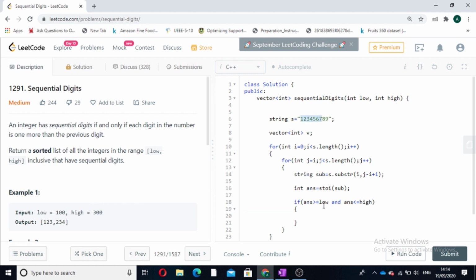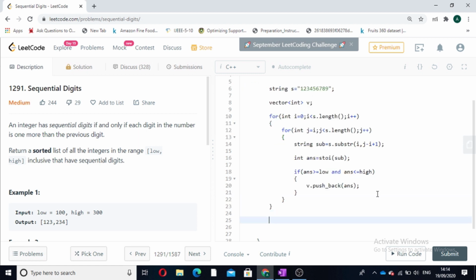So in this if condition, we have found a sequential number in the range from low to high. So once we have found it, we will append it to our answer vector, which we have to return. So this was the whole case. After both the loops have ended, we have compared all the substrings of this string with low and high.